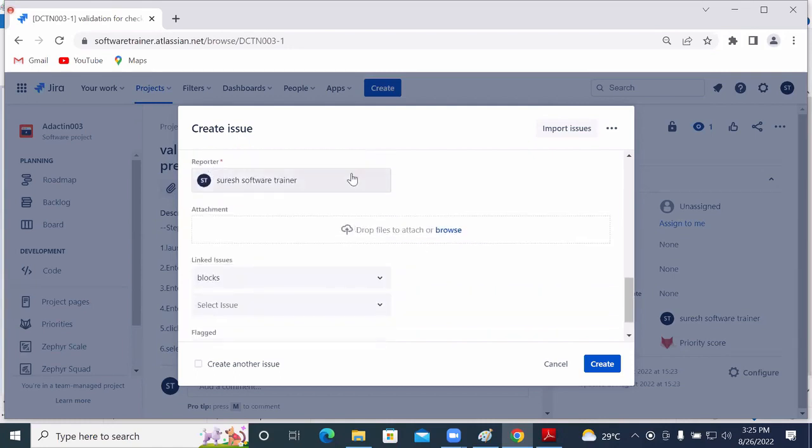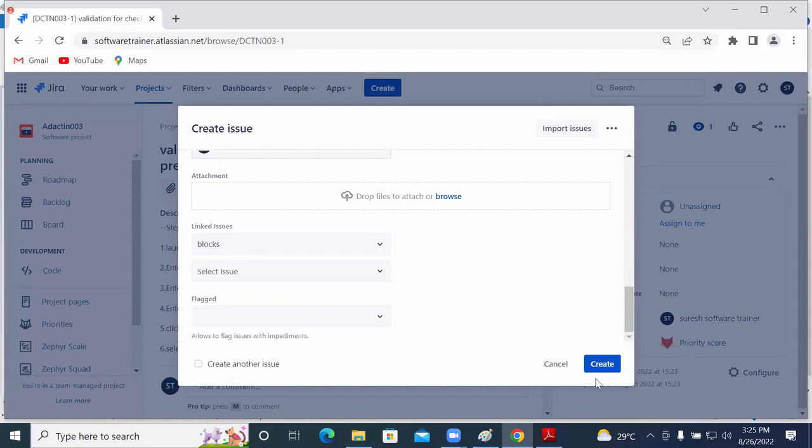Now we'll look at the reporter. Meaning of the reporter? Tester name. In case of any attachments, you can attach them and then continue. The option to consider is Create. Once you click on Create,